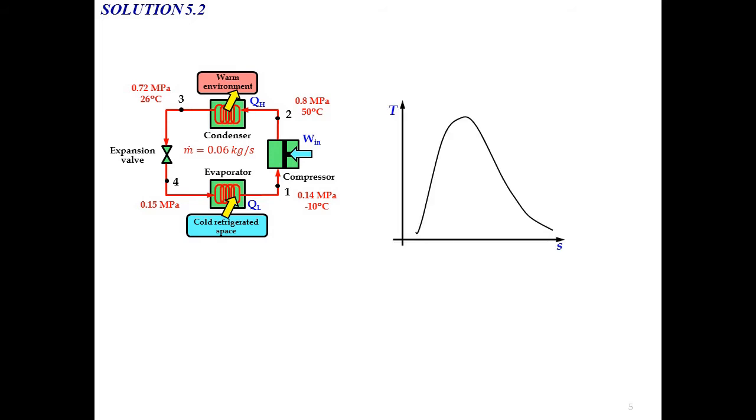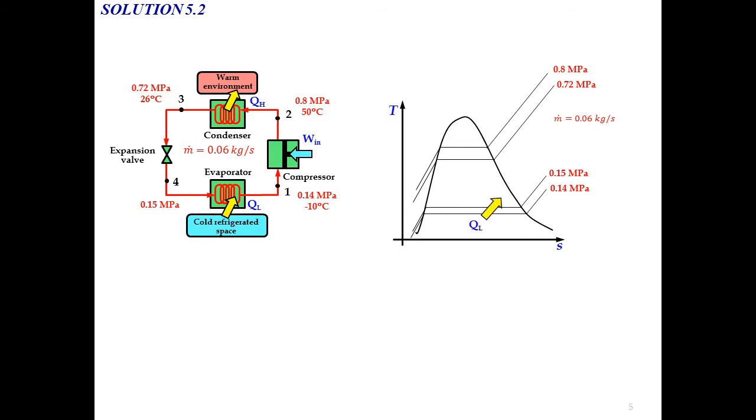At this point, you cannot draw the exact TS diagram yet, but you will get a few pieces of information for it. Based on the data given, you will have 4 constant pressure lines. We have a lower constant pressure line for the evaporator, where we have 2 constant pressure lines, 0.15 megapascal and also 0.14 megapascal. The upper constant pressure lines consist of 0.72 megapascal and also 0.8 megapascal. And we have mass flow rate equal to 0.06 kilogram per second. So we have QL,